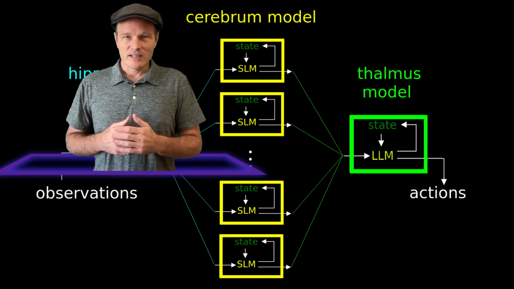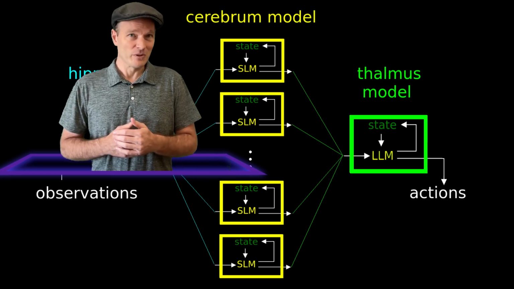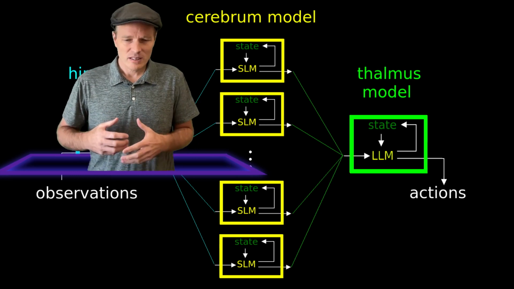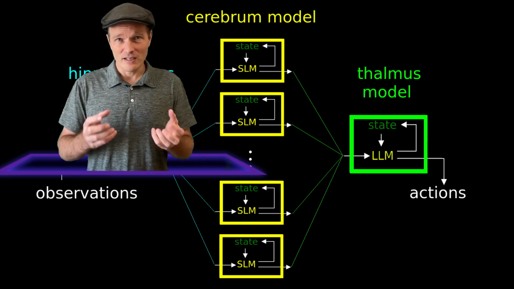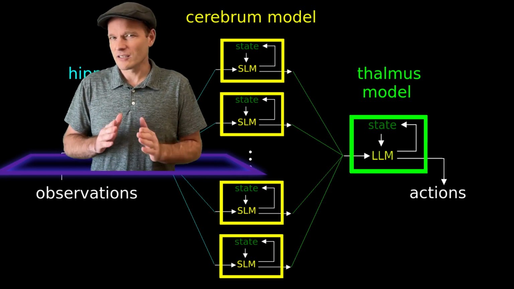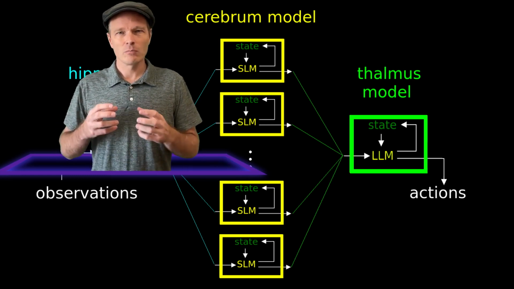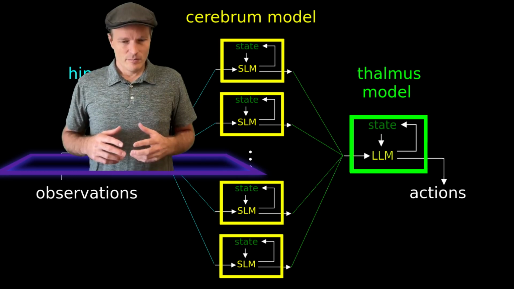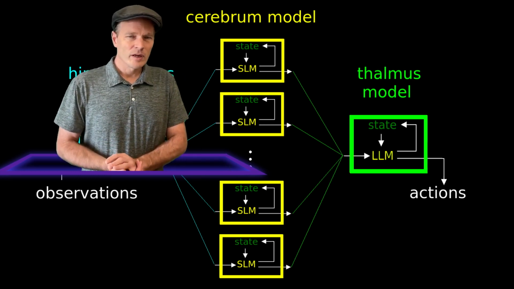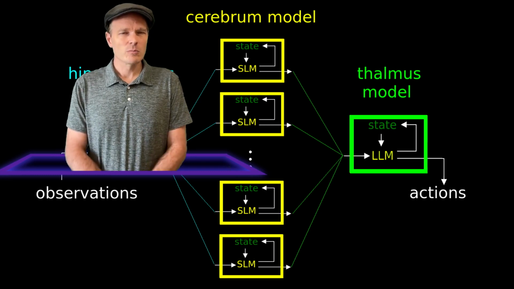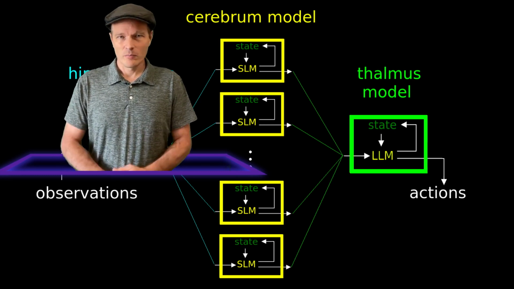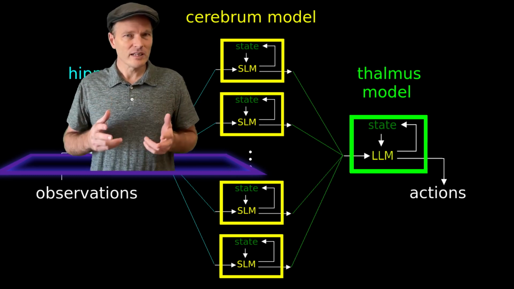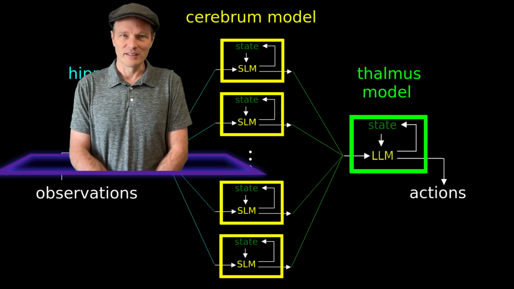Now you'll notice I'm using the letters SLM, which stands for Small Language Model. I'm doing this in order to produce something that can be very adaptable and learn very quickly. Because each of these cortical columns is not trying to learn everything it knows like a large language model, but rather specialize on a particular topic, we can use much smaller models for each of the cortical columns, and thus they would be able to learn much more effectively. Because each artificial cortical column in the cerebrum model is very small, it would learn much more quickly than a large language model does. But because there are so many of them working together in an ensemble, the brain as a whole would have the capability of learning all kinds of different cognitive abilities.